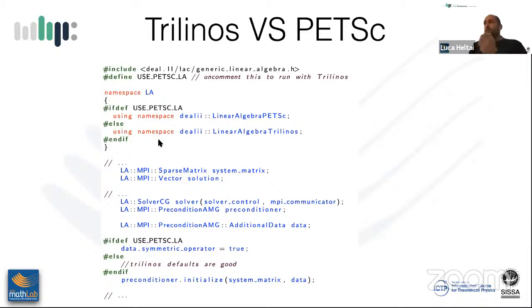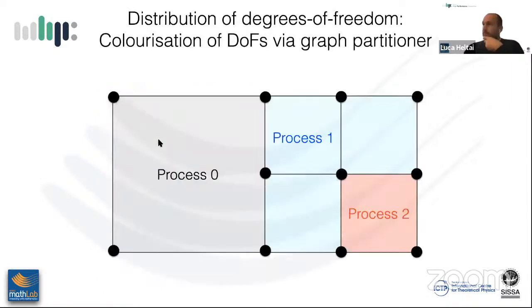So let's try to go a little bit more into the detail of how we do this in parallel. What is needed in parallel for a triangulation, to understand how to distribute degrees of freedom and how to do the partitioning of the degrees of freedom, and to understand exactly why we need 2 types of vectors and why we need 2 types of different approaches. Okay, so